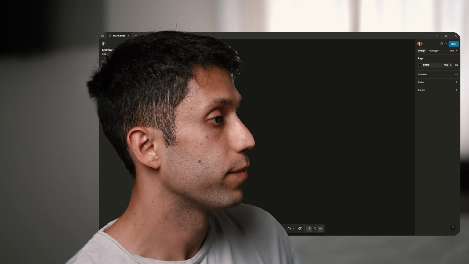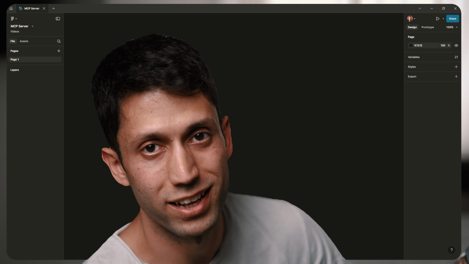Hopefully, I'm not going to make things myself. I'm going to use existing ones within the libraries that already exist within Figma, or I'm going to use the AI to generate the user interface, and then we do the rest. So now I'm going to open Figma. We already had one Figma file, so let's get back to the Figma environment.